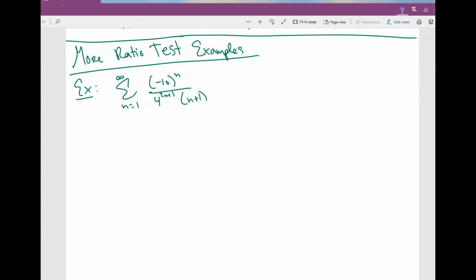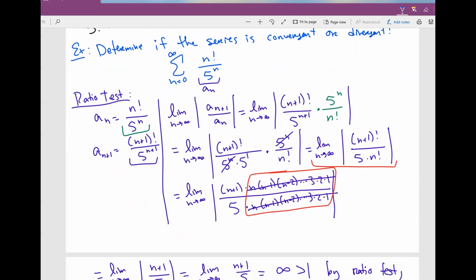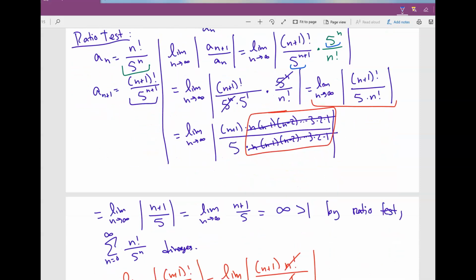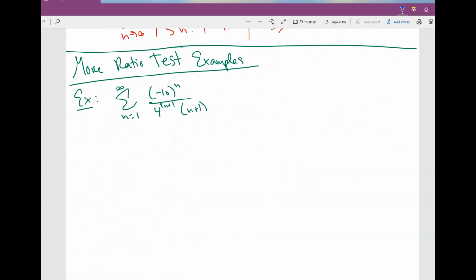The ratio test can be really nice because we saw in the previous problem, whenever we had something like that, it kind of canceled out really nicely. Like this thing canceled out with that part. Okay, so let's go ahead and try to do the ratio test in this case. So using the ratio test,